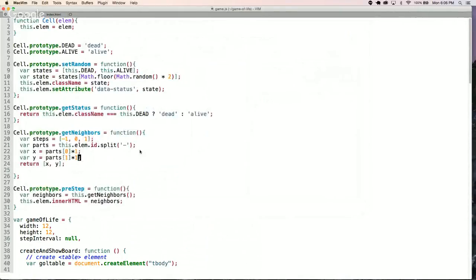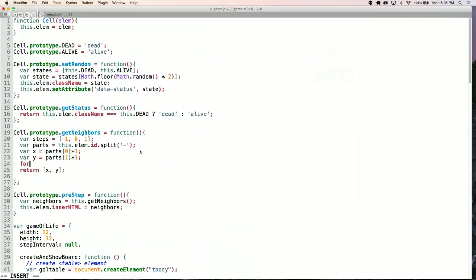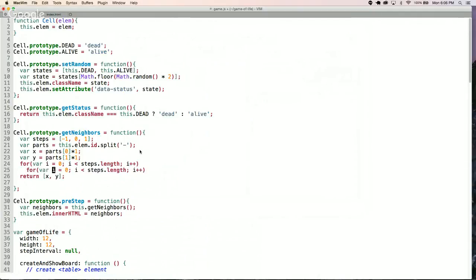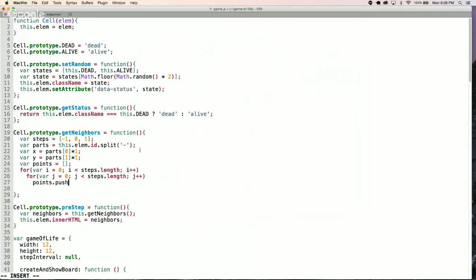And I'm going to go over here and I'm going to do some looping here. And I'll say for var i equals 0, i less than steps.length, i++. We're going to do the same thing with the j. j++, and points equals this array, and I'll say points.push